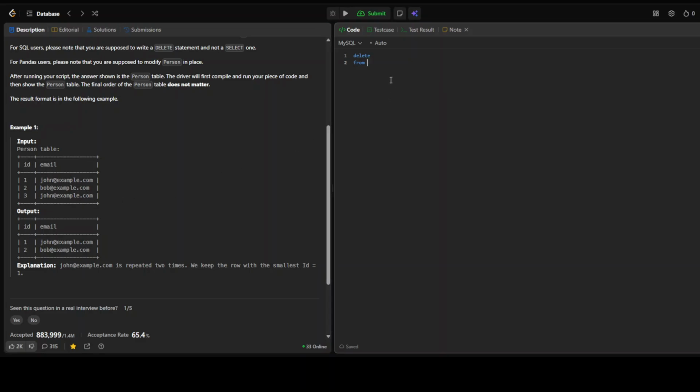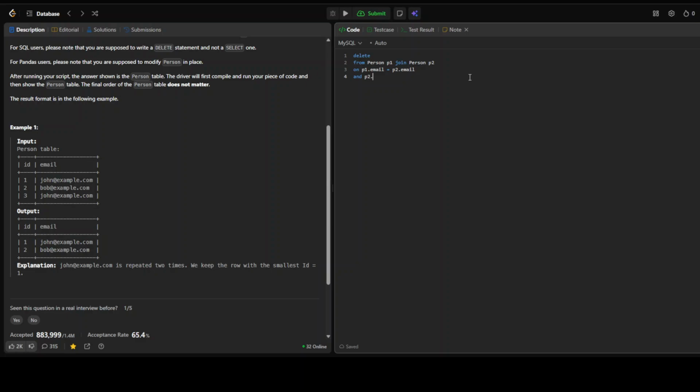That is not the case here. So I need to do a self join again on Person p1 join Person p2 on p1.email, because john@example.com and john@example.com is same, so p1.email is equal to p2.email,